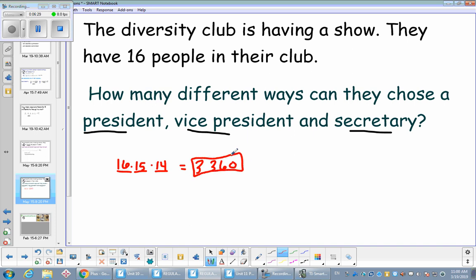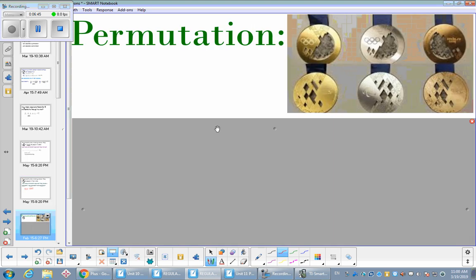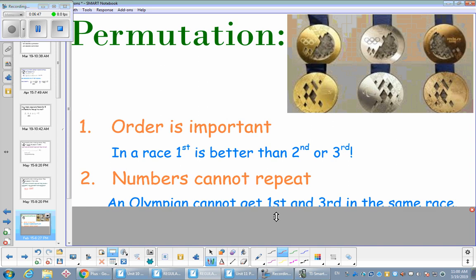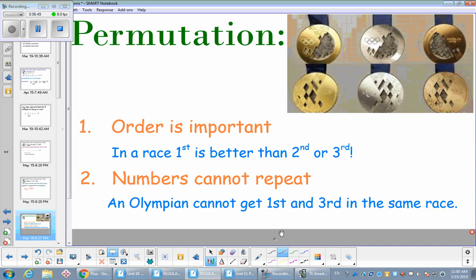So I had 16 people to choose from. I was only picking 3 positions, but the order matters because I wanted to pick 3 different positions: the president, the vice president, and the secretary. Right? So this is called a permutation. So this is going to be something else you want to write in your notes. So a permutation, the big thing is that order is important. So examples would be like first, second, third place in a race, picking a president, vice president, secretary, lining people up on stage. Numbers cannot repeat,